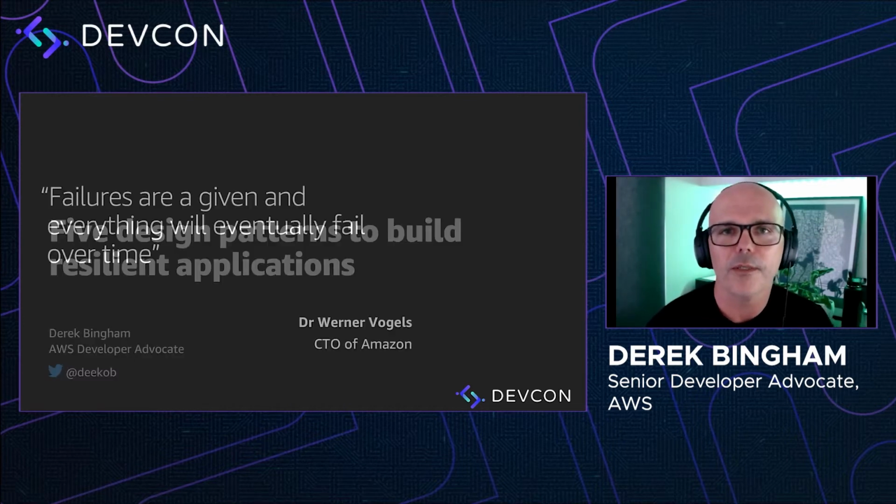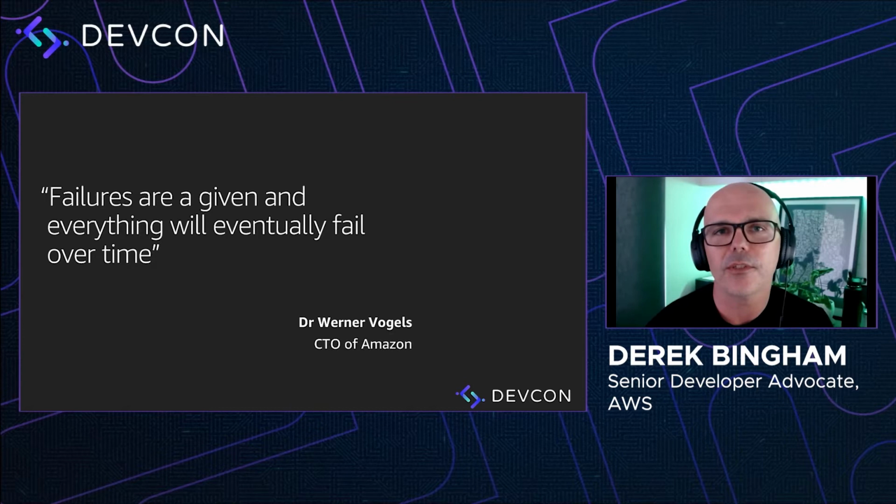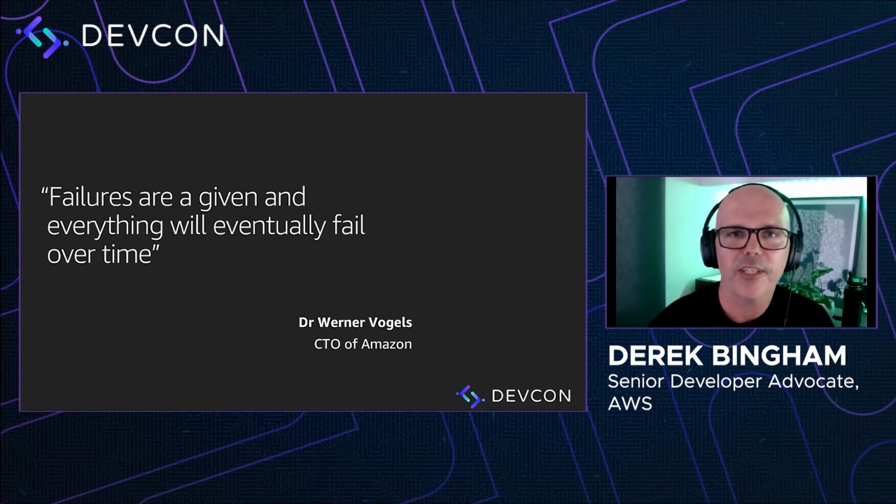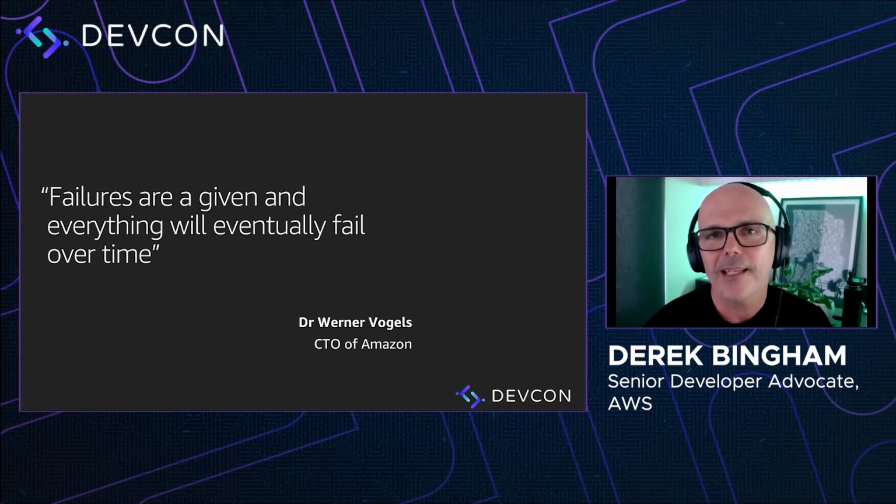So I'm going to start with a quote from the Amazon CTO, Dr. Werner Vogels. Failures are a given and everything will eventually fail over time. So this is nothing to actually be afraid of. It's actually saying that when you're building modern cloud native distributed applications, they use many different components across networks, across hardware stacks, across software stacks, and it's a fair chance that some of those components may fail, and in fact